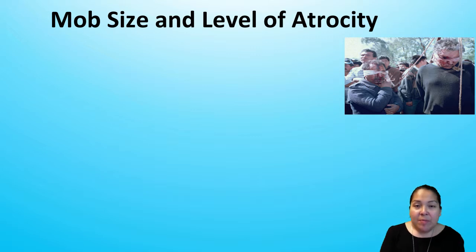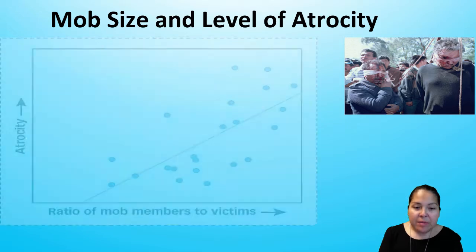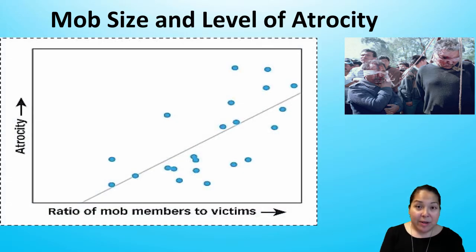Groups are sometimes capable of horrible things, as we have seen in our history. The two men pictured here were rescued by police just as residents of their town prepared to lynch them for stealing a car. Because larger groups provide more opportunity for de-individuation and diffusion of responsibility, we can see based on the figure that atrocities become more horrible as the ratio of mob members to victims becomes larger. And so again, we have this loss of rational decision making and a more harsh type of behavior coming out of a group think type of situation.